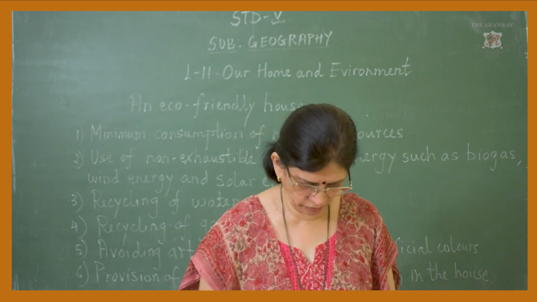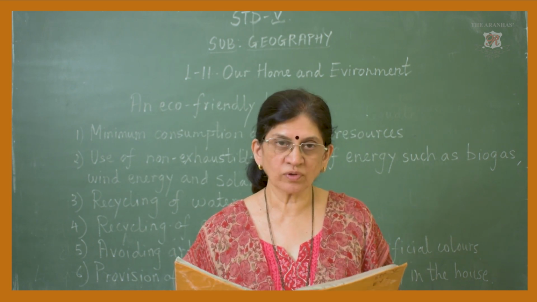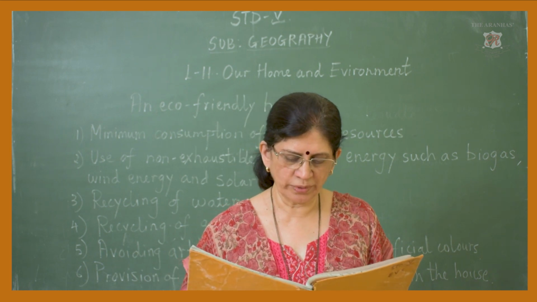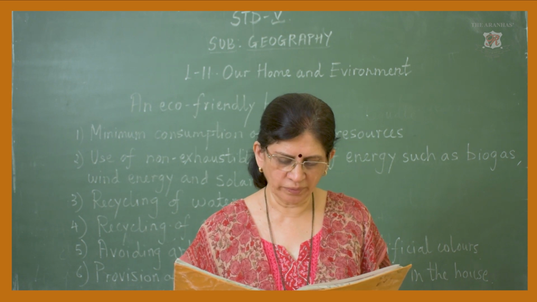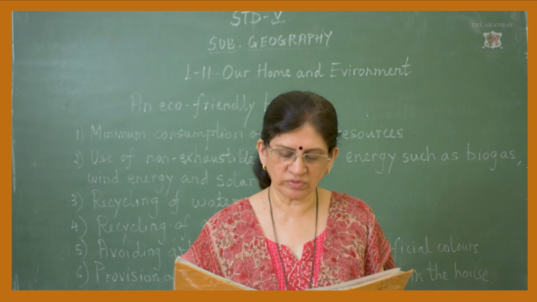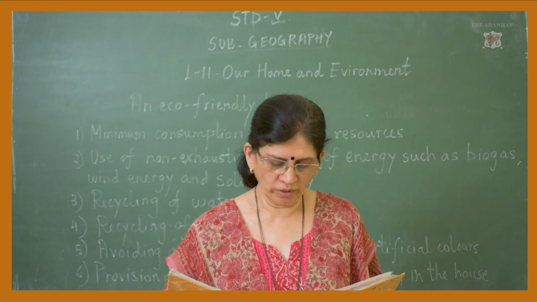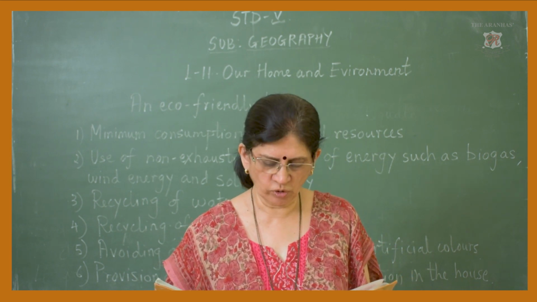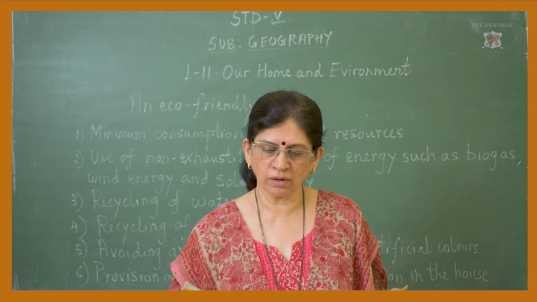So, what we have learned today? We observe a variety in the types of house construction in regions of different climate. Houses are built to suit the climate of that region. Different materials all obtained from nature are used to build houses. We should be judicious in using energy. It is necessary to increase the use of non-exhaustible sources of energy. It is necessary to build eco-friendly houses. We must take care that the environment is not harmed.